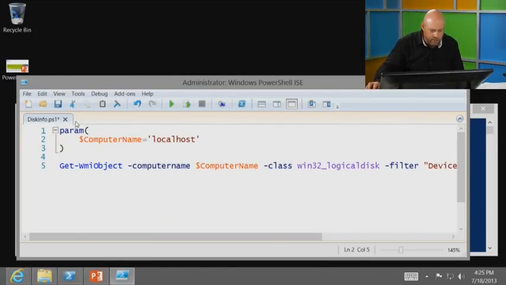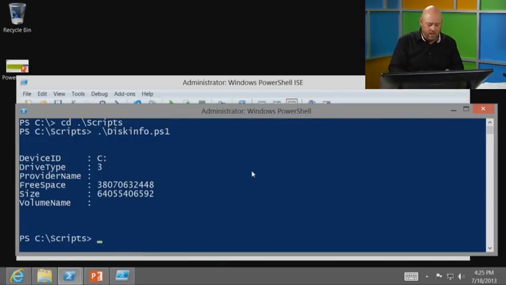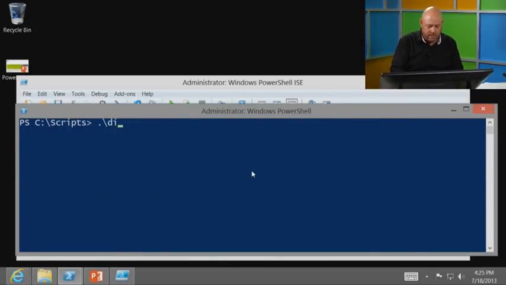Indent, make it look pretty. I want you guys to notice something. I'm going to save this, so I'm going to hit Control-S and save it. I'm going to go back to my PowerShell console. And watch this. I'm going to clear the screen. .\diskinfo -